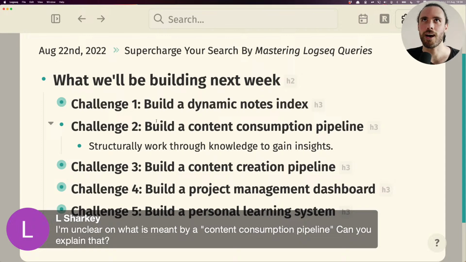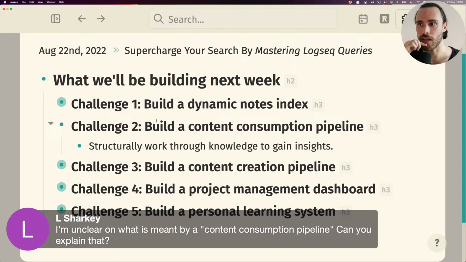So instead of putting everything in a read it later app, where you maybe put articles or videos or any other content you want to check out, you put it on your journals page, and then you pull specific resources, maybe split out per topic, into a dynamic index. So we already built a dynamic index using challenge 1, but then in challenge 2, we'll maybe already start experimenting with templates, but at least we'll start to already use very specific filter options or filter values to build